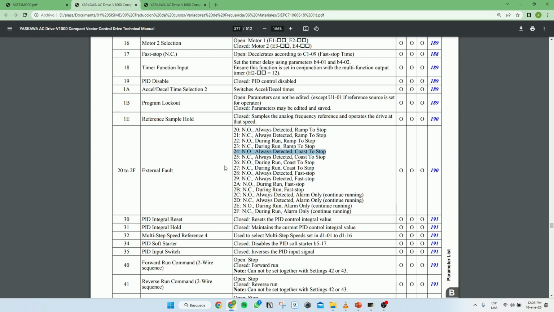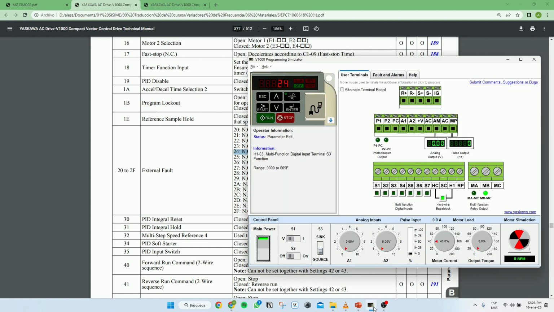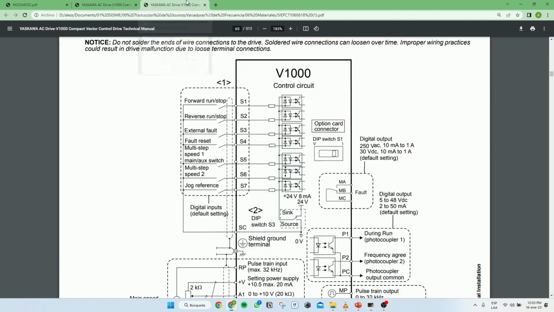Now it's saying that it's NO, or normally open, so it's always going to detect it. And as soon as it detects something, it is going to stop, but with inertia. So in the future, I'm going to explain to you how this works. So then this is already assigned, and this is set by default with 54. So we're going to go with our